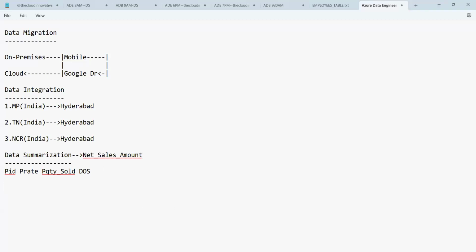We have the product ID, and the rate is, let us say, 100 rupees, and the product quantity sold is 10 pieces, and the date of sales is today's date, 09/10/2024. Again you have 200 as the rate, 20, then 09/10/2024. Then again you have something like this, 300.